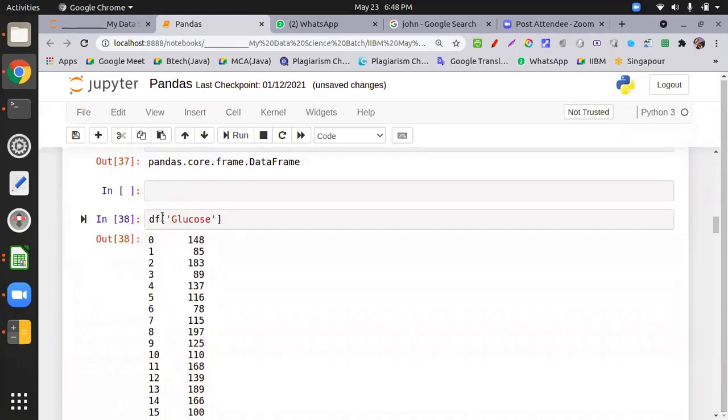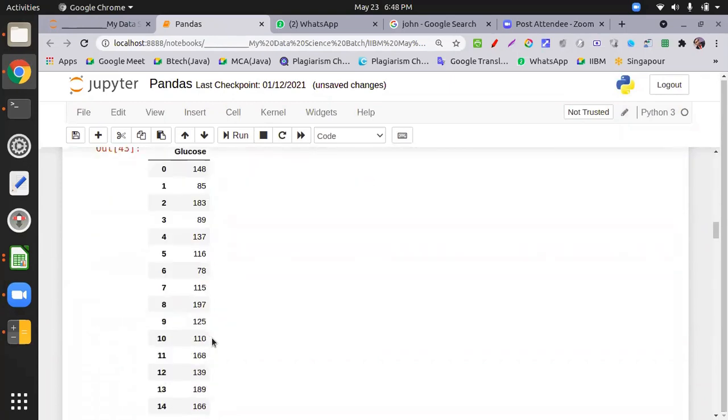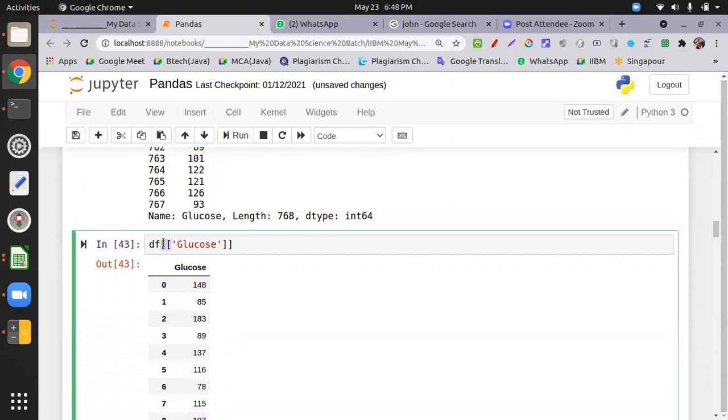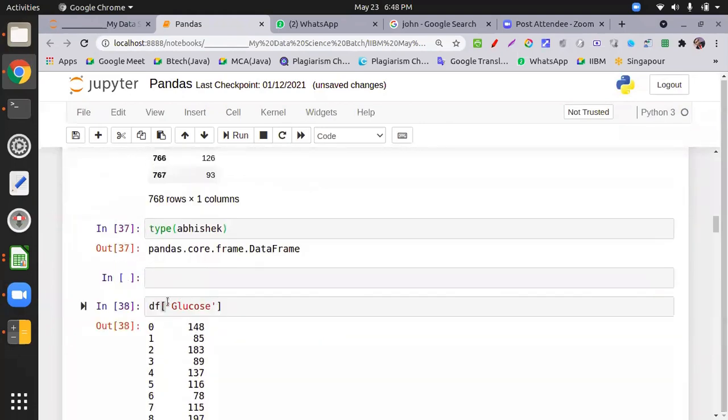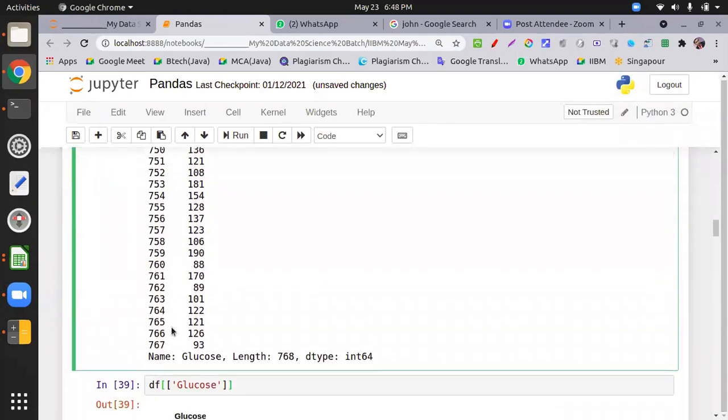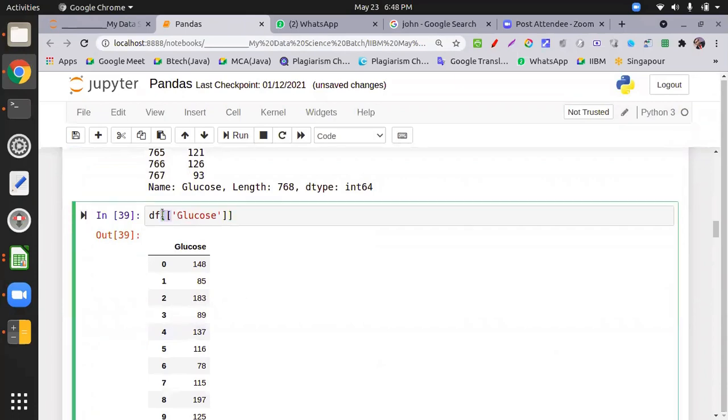This is a series kind because I put a single square bracket. But what if I put a double square bracket? Now it is a data frame kind. See the presentation of the single square bracket, then the presentation of the double square bracket. Basically, the double square bracket is used for fetching multiple columns.